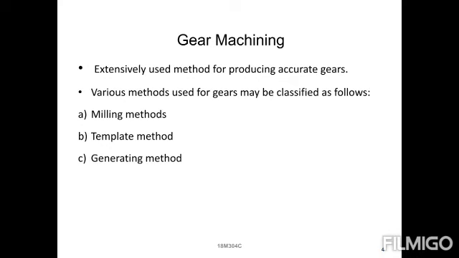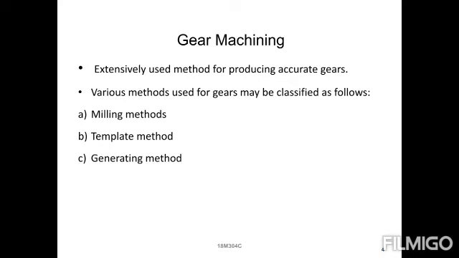Before manufacturing any gear, it is a round circular object. We need to cut the number of teeth equally around the periphery, so that it matches another gear. So these three are all machining processes. Machining means removing the excess material from the workpiece. That is the method of manufacturing of gear.